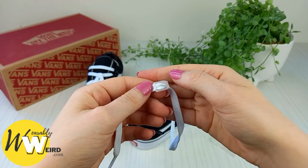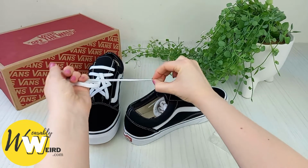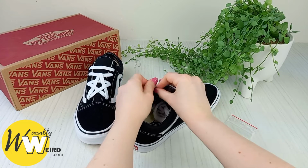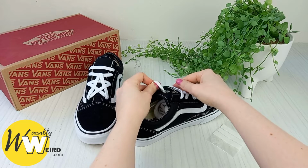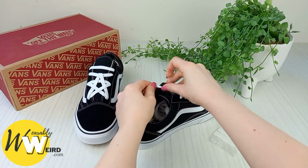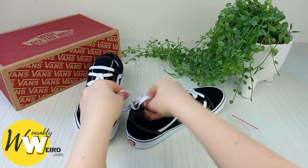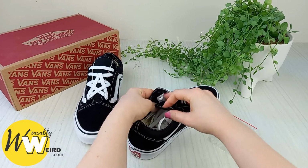Like this, and you'll see it's created like a little anchor that you can pull flush with the eyelet inside your shoe. Then what will happen is your lace can't come loose on that end, because it's held by this little plastic or metal anchor. Then you can go ahead, slip your lace down inside your shoe and rest assured knowing your pattern won't